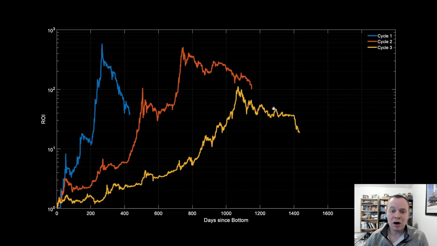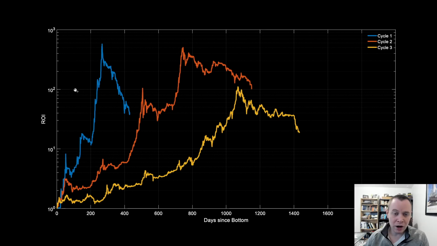So we look at this and we say, well, from a pragmatic point of view, it would make sense why the cycle ROI is decreasing. Now, you might look at this and say, well, cycle 2 isn't that diminished from cycle 1, and I would agree. However, there were some wicks on cycle 1 that actually went a lot lower, and had we included those, this ROI would have gone even higher. However, I don't want to cherry pick the data. We're just taking daily closes, and this is what you get.